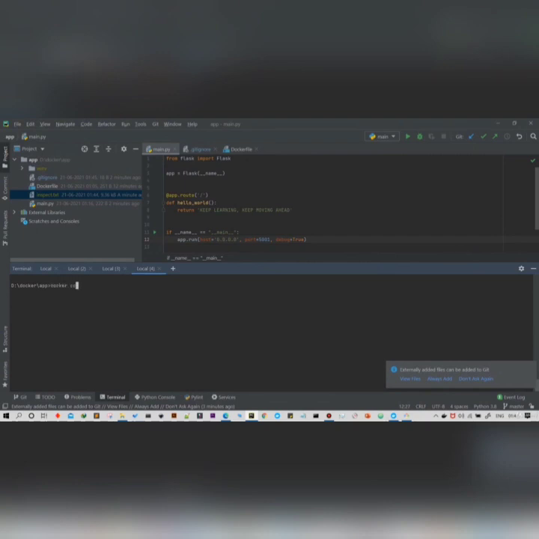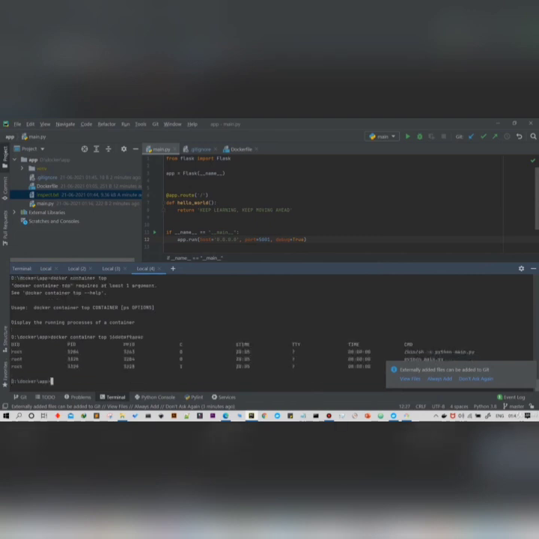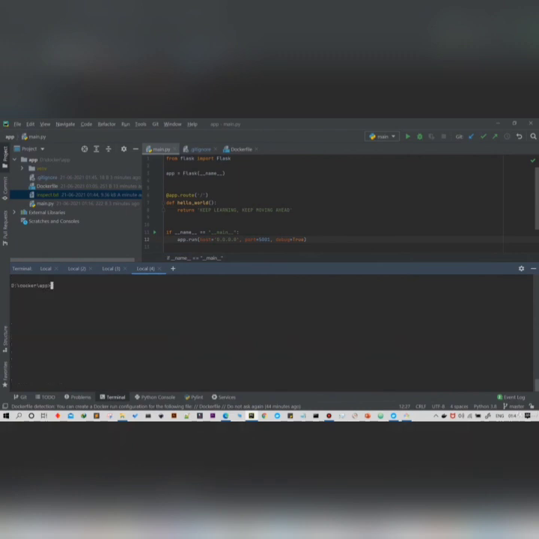And now at last I'm going to use the top command to see what processes are running in my container. Just simply write docker container top and the ID. Here you will find that there are three UIDs, which means three processes are running, and they mostly run my python main.py. All the CPU utilization is taken up by this process. So this is how you can check what is running inside your container and what the status of your container is.